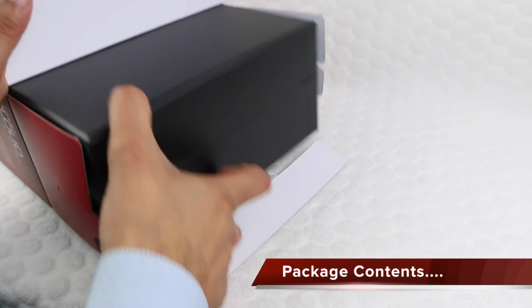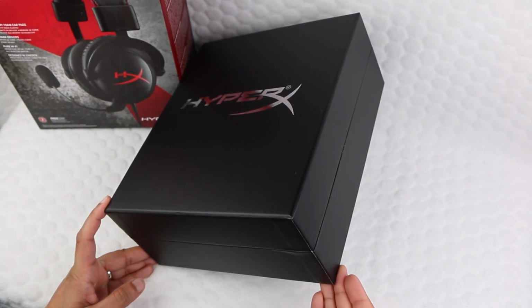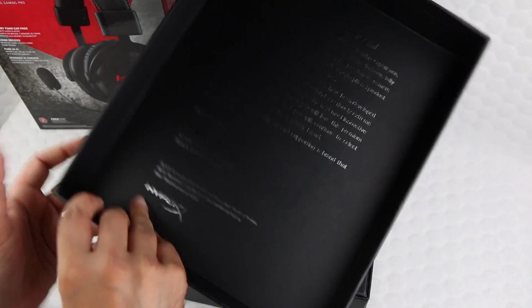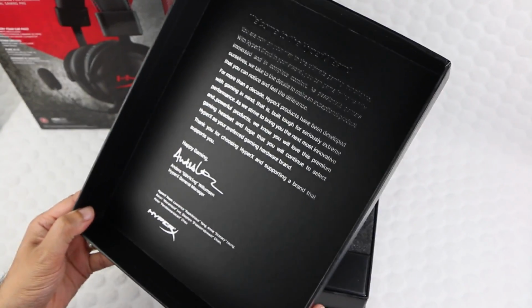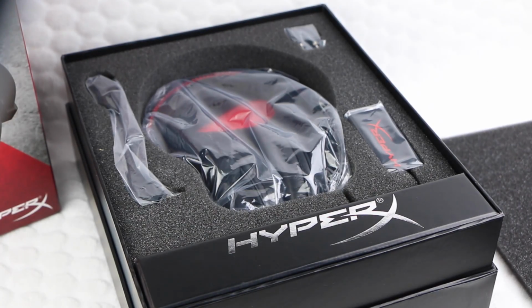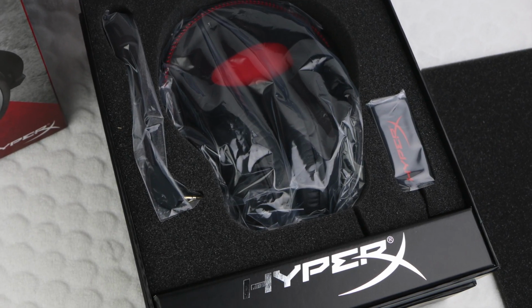Kingston really wants to make you feel like a pro with the HyperX Cloud. The shoebox-like inner packaging makes for a fairly elaborate presentation. Underneath the lid of the box is a friendly introduction by the HyperX General Manager, Anders Wilhelmsson. The contents of the package shout quality, with a well-padded foam interior firmly holding an array of accessories along with